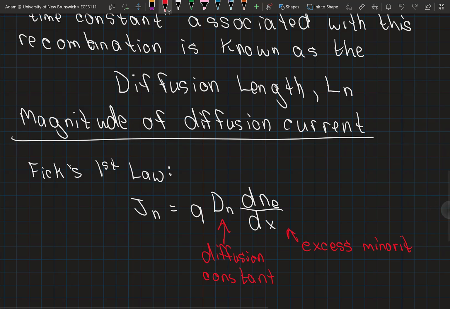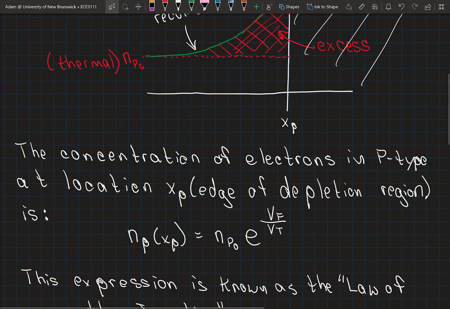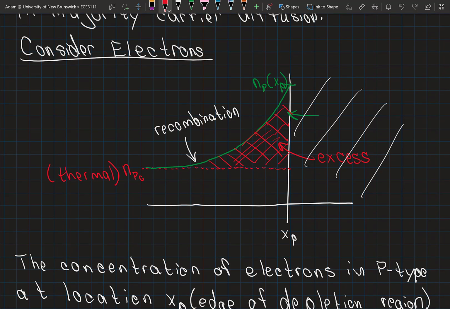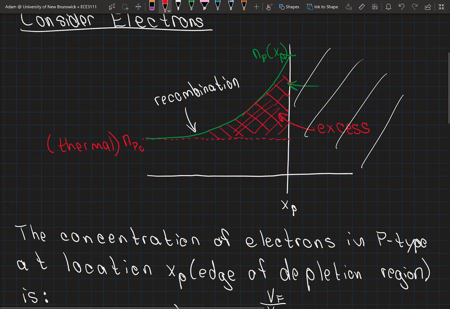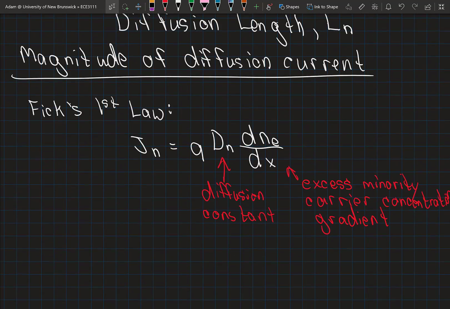Excess minority carrier concentration gradient. Okay, so this is what's shown in the diagram here, is this gradient that's shown with the green line, or the axis really is what's cross-hatched in red there. So that gradient's going to result in some diffusion current,